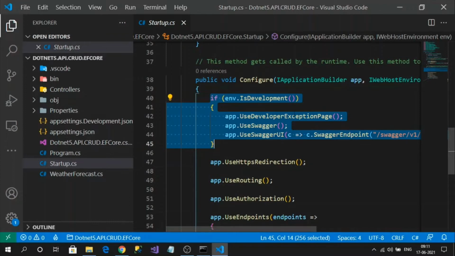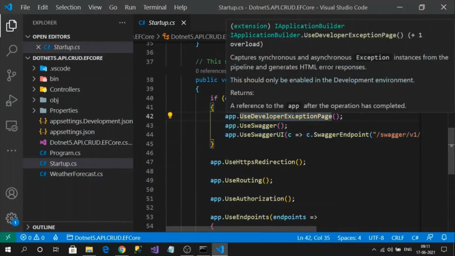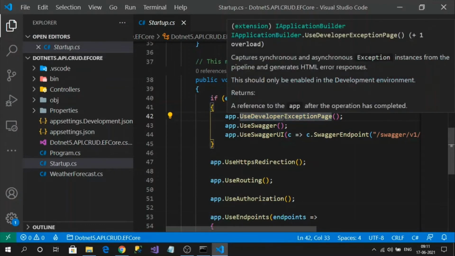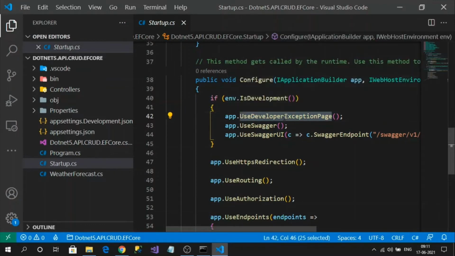Something like the developer exception page. That page can show a full detailed explanation of the errors that happened in our application. This should be in development mode only, because in production mode we cannot show our error messages to the users. We have to show them some customized error message. That's why this developer exception page is for development only.